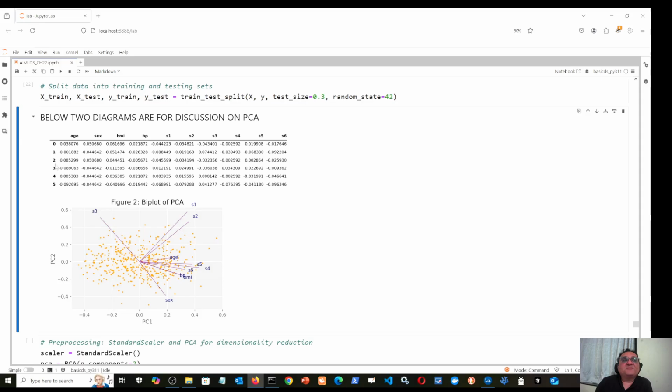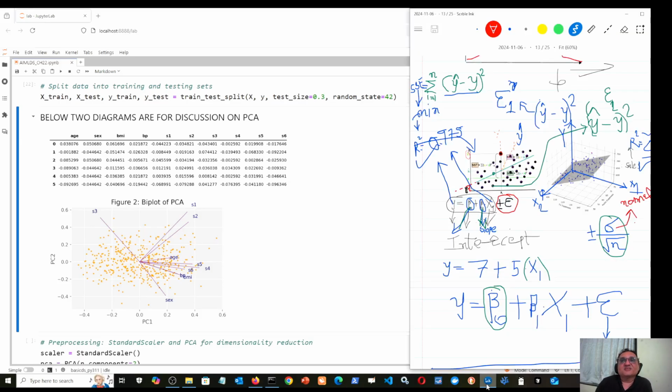A 10-dimensional space you can imagine. You can even do maths on a 10-dimensional space, but you cannot draw it. A 3-dimensional space you try to draw using inclined lines and all that, on a 2-dimensional page. But 10 dimensions is totally out of the question, right? So at that time, what you have to do is